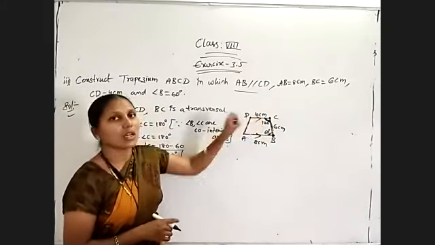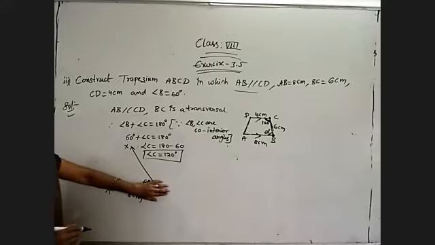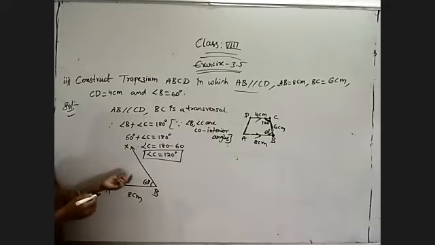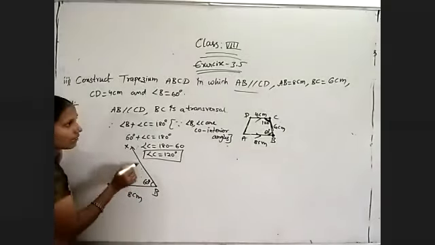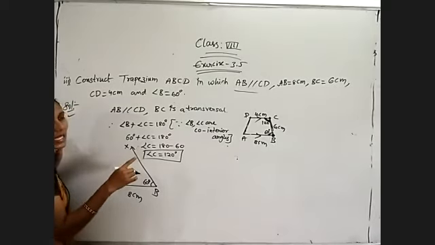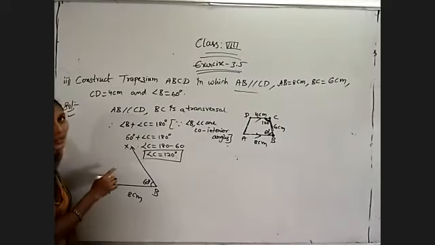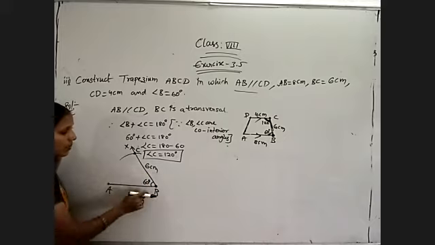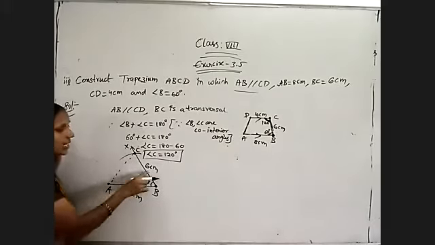So AB equal to 8 centimeters I have drawn. Now I must construct angle B equal to 60 degrees using the protractor. When we are placing the protractor at B, I must check. It is producing at left side. Upper values I have to check, 60 degrees. Now I want point C. So for that, how much line segment is given? 6 centimeters. BC is equal to 6 centimeters. With B as center and 6 centimeters radius, draw an arc. That's all. We got triangle ABC by using the side angle side criterion.